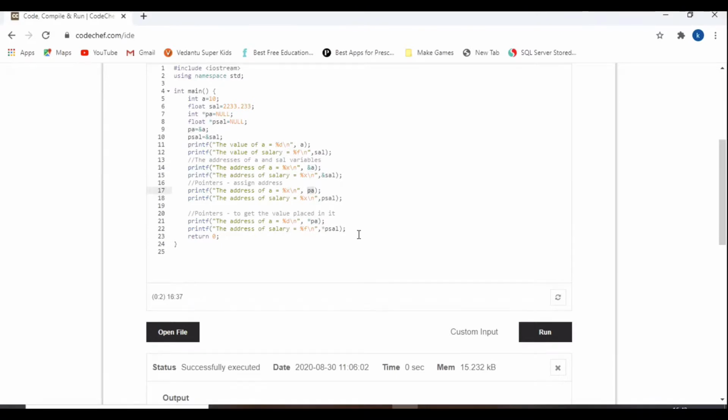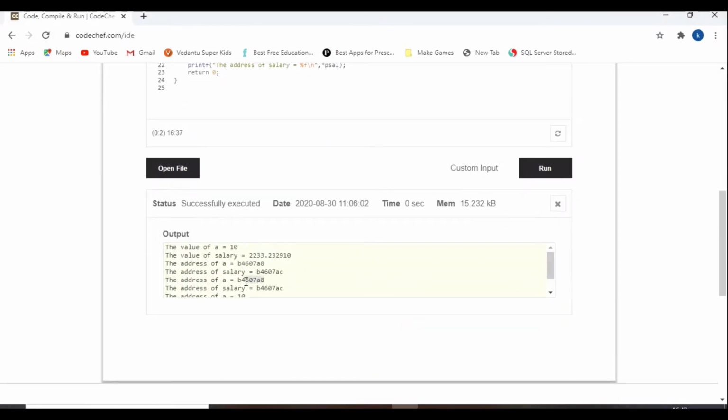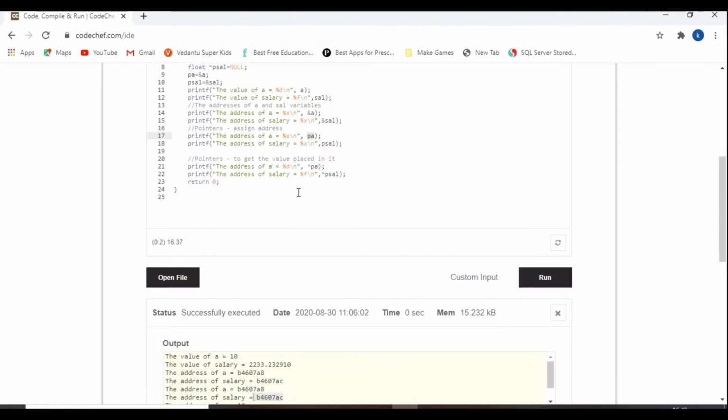That's why you got the address here. And similarly for salary. Now if you want to get the value, in which address the value is stored, you want to pick that, then you have to say star pa and star p sal, of the data type that we have mentioned here.